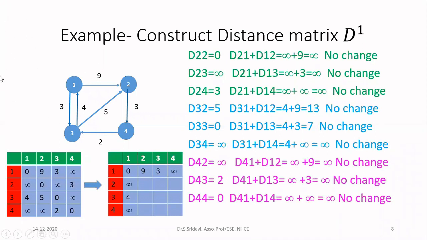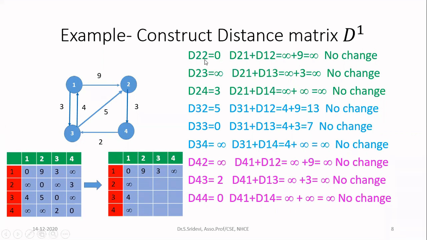In this, first I am going to consider the distance D22, because in D1 the first row is already filled. In the second row, D21 is already filled. The meaning of D22 is it is going to tell the distance from vertex 2 to vertex 2. Now you can check here, this part I am going to consider. So you see what is the previous value of D22. Here in the D0 matrix, the value of D22 is 0. So that you can write here. Now you are going to check. This is the cost of reaching 2 from 2.